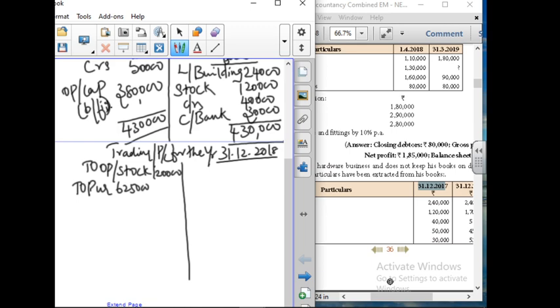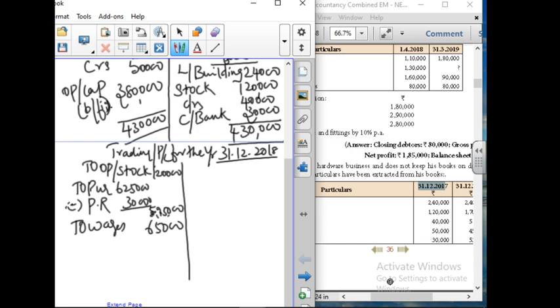6,25,000. This is the amount we have found out from the total creditors account. They have given purchases returned. I have used a symbol, but you have to write it as less only, LESS you have to write. And the remaining total comes around 5,95,000. And next is that to wages 65,000.